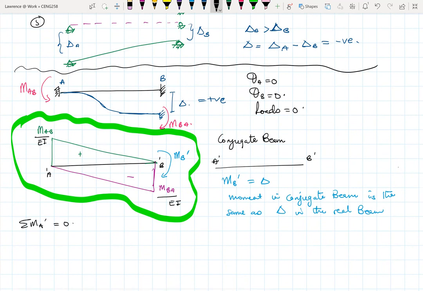So we're looking at the conjugate beam. Typically these are the directions of our moment. Now the moments have become loads. Okay. So summation of moments at A prime equals 0. So now we'll have